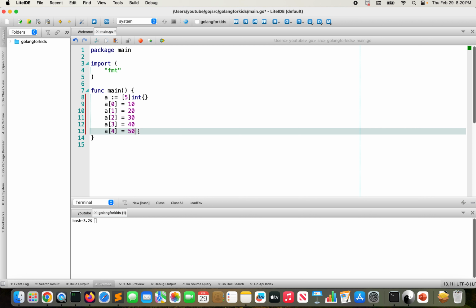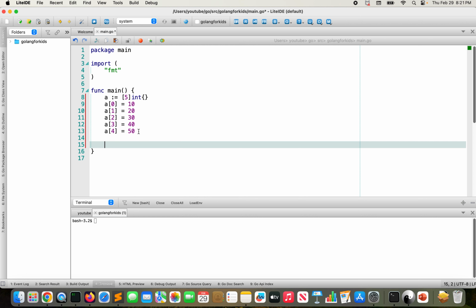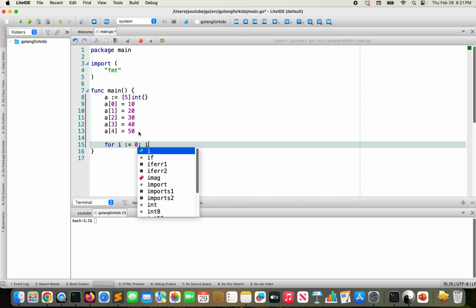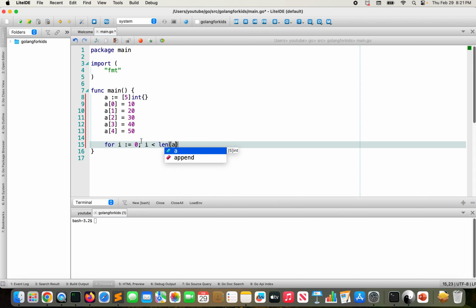Now I want to display these values. So let's run a for loop, and using the for loop you can display these values, or do other operations. I'm using a for loop here, and I'm saying i is equal to 0, then i less than 5, because this length is 5. So I can say less than 5, or I can say length of a. If I say length of a, then the length of a is 5, and then